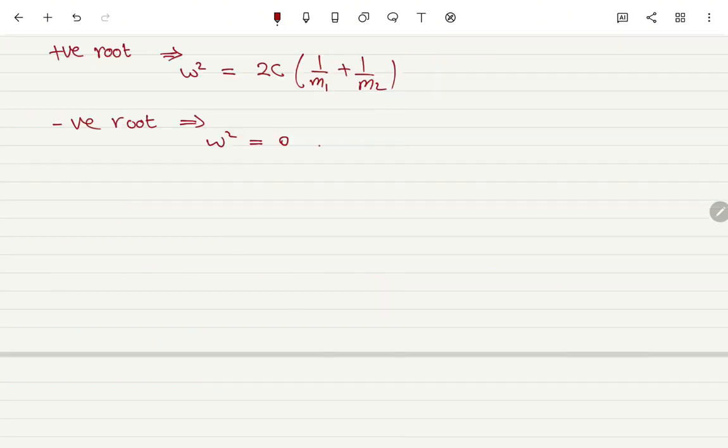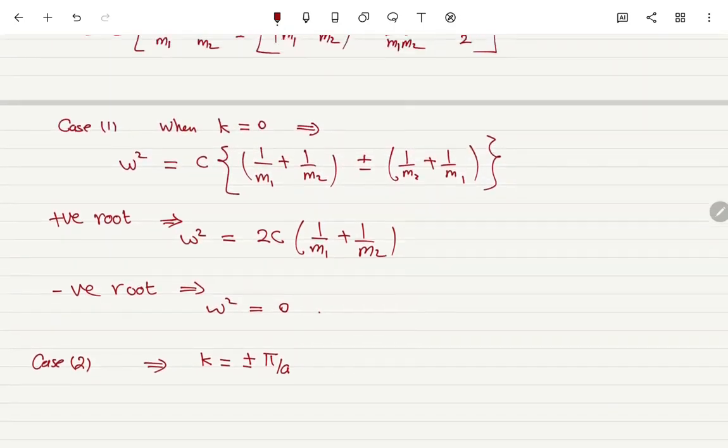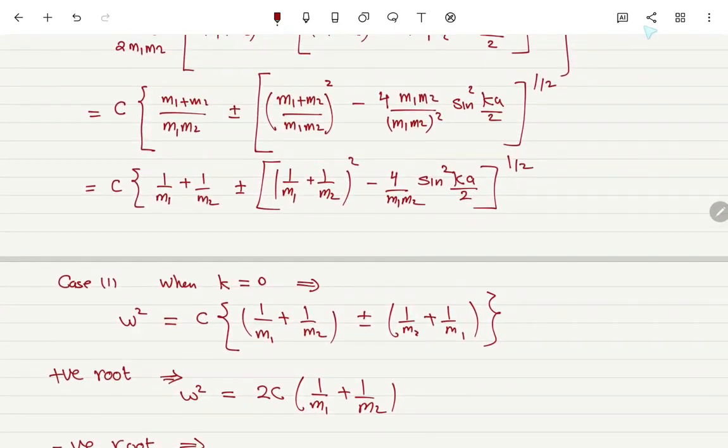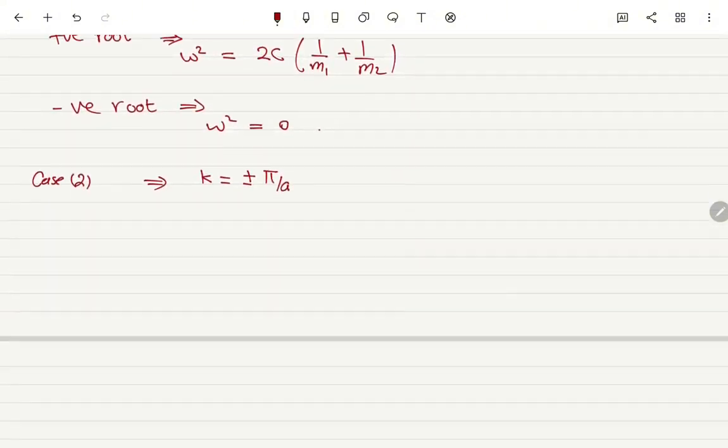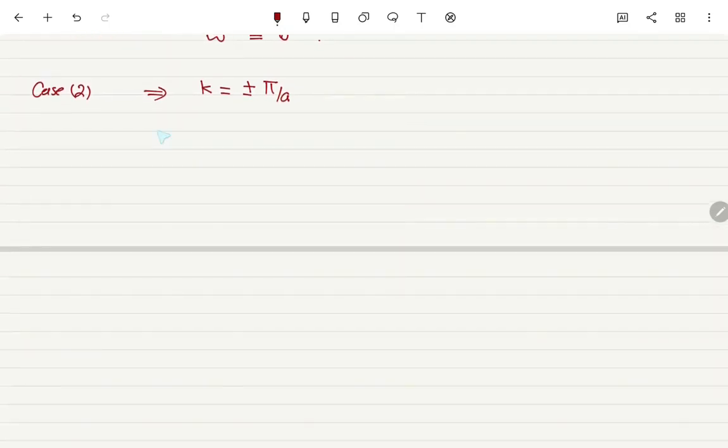Now let's consider the other case, case 2, when k is actually equal to plus or minus pi over a. Now you substitute k back in here, this one right here, you will get omega square equal c(1 over m1 plus 1 over m2 plus or minus